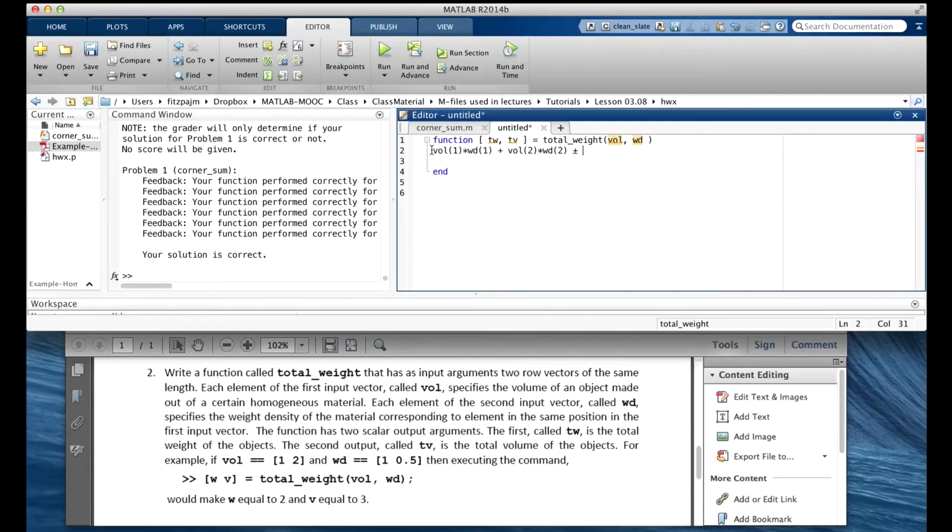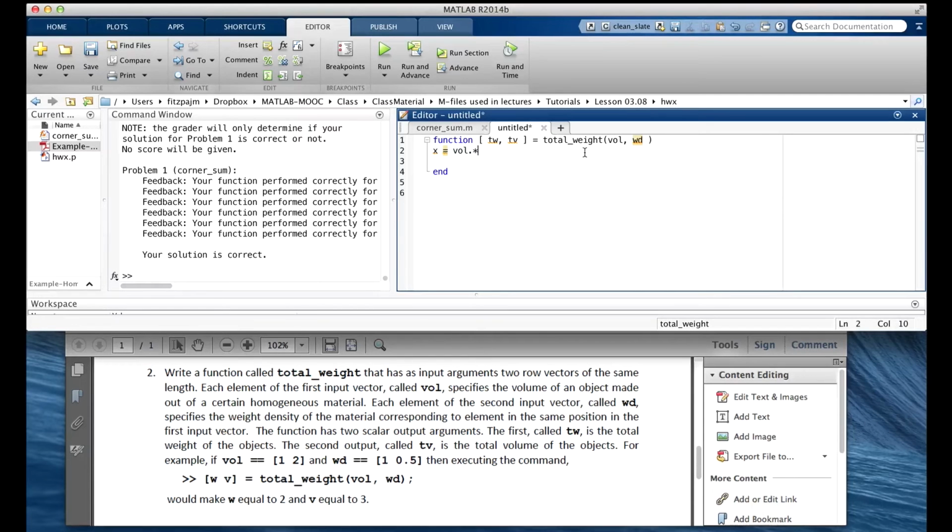MATLAB works very well with matrices and vectors. We need to multiply corresponding elements of two vectors of the same length. Well, that's exactly what array multiplication does. So we can get rid of all this, and we can say x equals vol dot star wd.